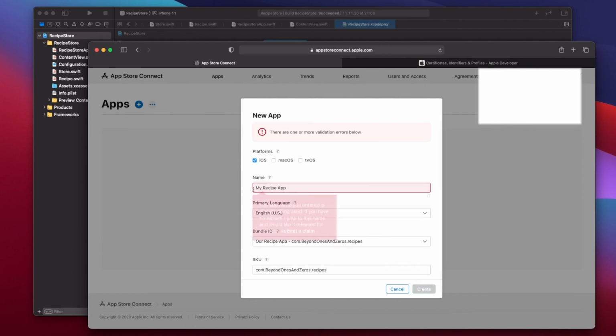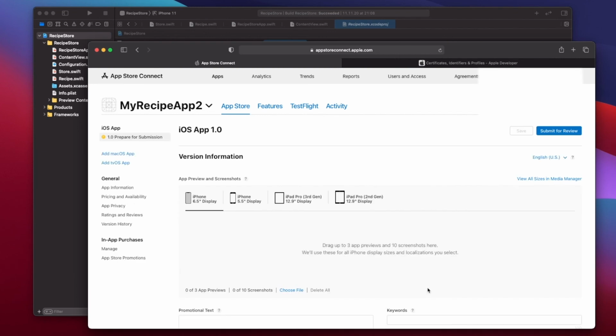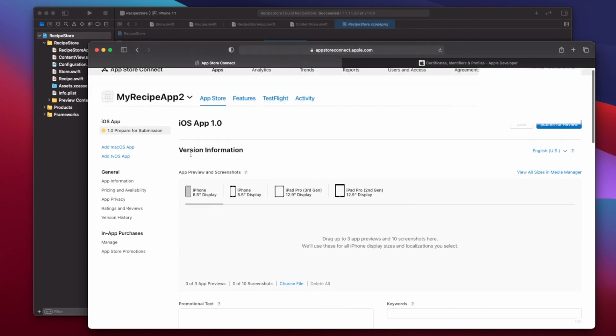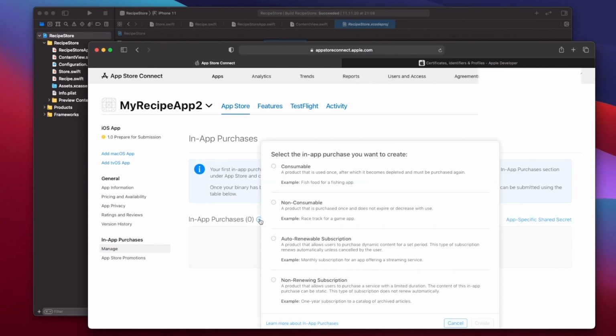All right, I guess you cannot use this name. So let me try something else and press create. All right, this worked and we got straight into the app. Now to define our in-app purchases, we will go down here to in-app purchases and then manage. And here we want to press this plus icon,